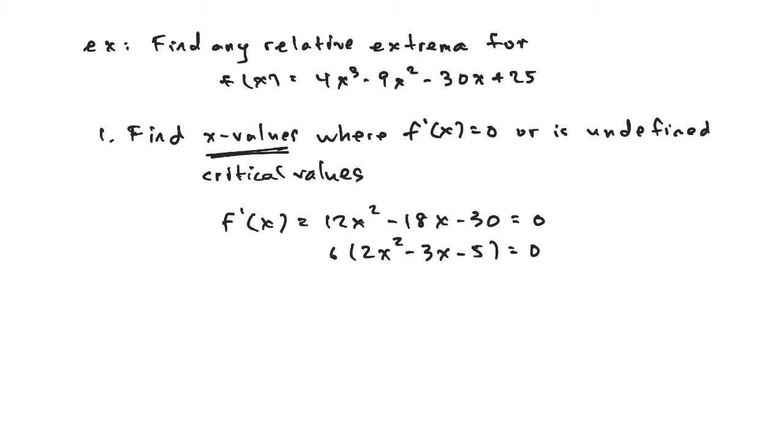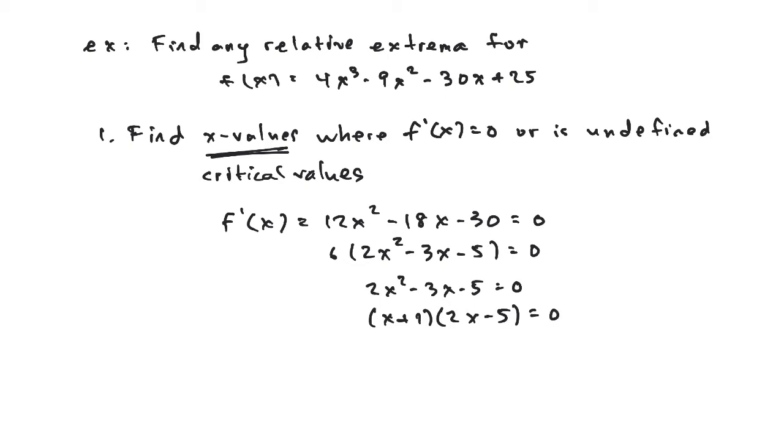And then if I divide both sides by 6, I get 2x squared minus 3x minus 5 equals 0. And then I'm going to use that technique that we did previously called the AC method to factor this. This is a good chance for you to start practicing your factoring of quadratics. And in this case, what we get is x plus 1 times 2x minus 5